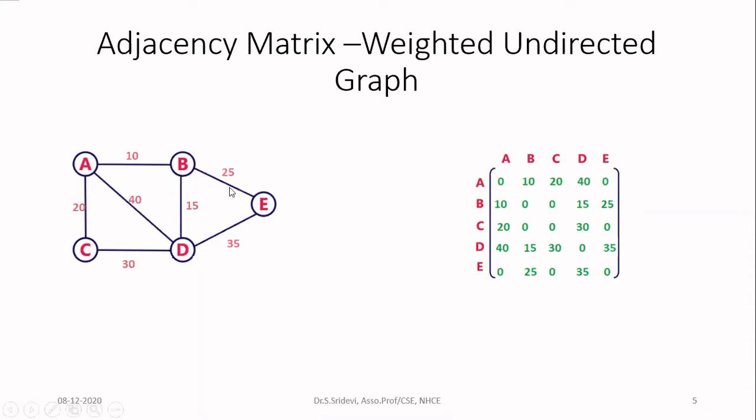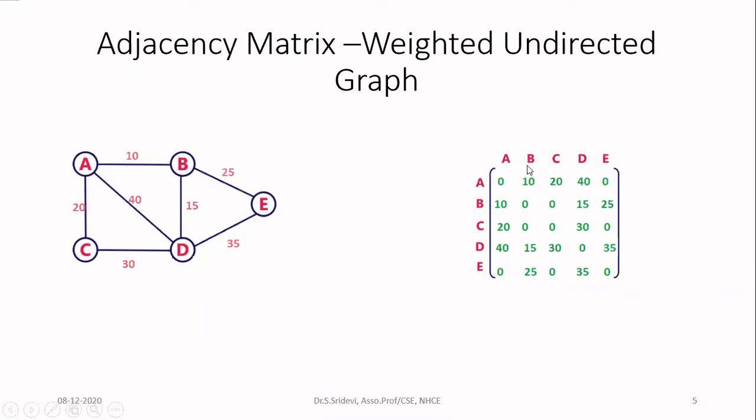Now let us see how to represent this one. It is similar to the previous case, but in the previous case, whenever you have an edge, you represented 1. Now instead of 1, you have to represent the weight of that particular edge. For example, I'll explain for one row. Let me consider the row for A. Node A is connected to nodes B, C and D. So in row A, I'll be writing something in the columns of B, C and D. What will I be writing there? Whatever is the weight of the edge, that you should write. So A is connected to B by an edge with weight 10, to C by 20, and to D by 40. So you will write 10, 20, 40 respectively.